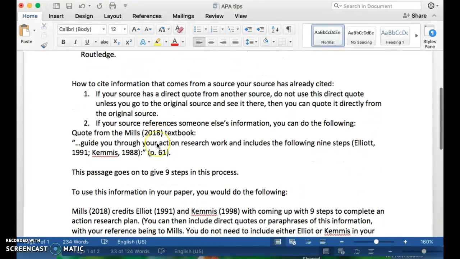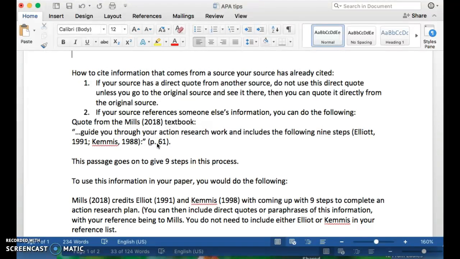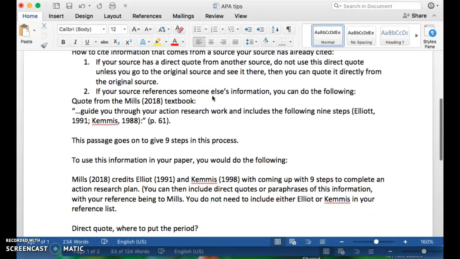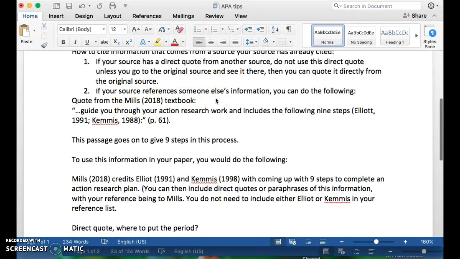Okay. When you're citing information that your source has already cited, there's a couple of things to keep in mind. If it's a direct quote from another source, then you're not going to use that direct quote unless you go to the original source and see it, and then you can also quote it directly, but you would give a reference for that original source. Okay, if you're not going to quote it directly, or if your source, for example the Mills textbook, does not quote it directly, but they